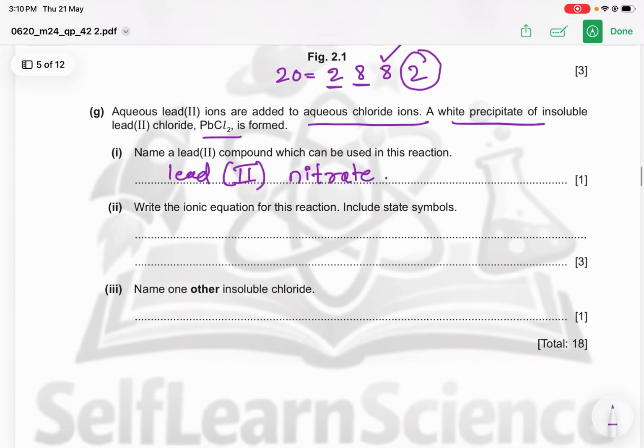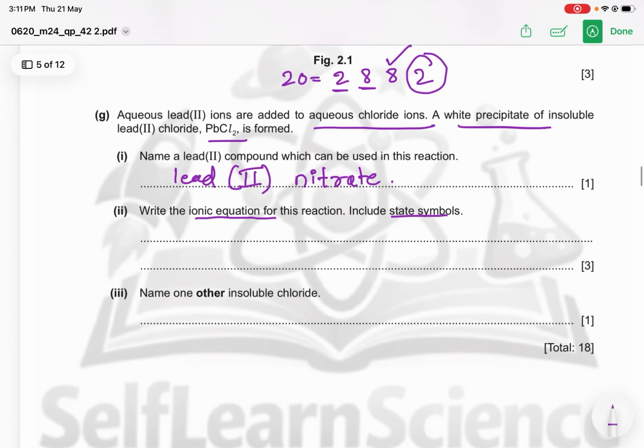Write the ionic equation for this reaction and include the state symbols. Now this question is very much important. Whenever they ask any question based on precipitation reaction, the ionic equation is always asked. Students always get confused in this type of reaction, where they feel that they have to write the complete reaction of the reactants and the products, but they have asked you to write only the ionic equation. If you read the question, they have already given you the product that is formed, which is lead 2 chloride,